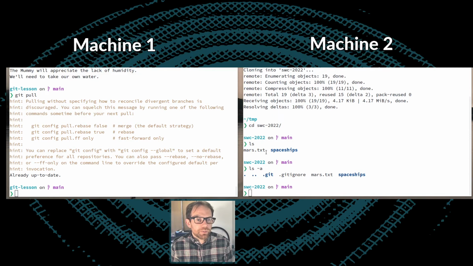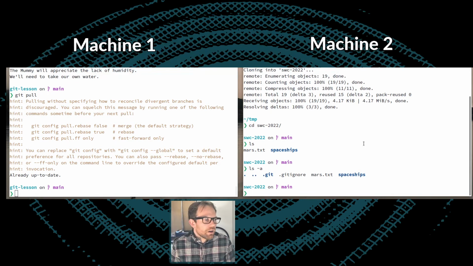We now have these two different copies of the repository. They're both connected to the remote on GitHub, but they're not connected to each other. So this is basically the setup which we would have if these were two different machines, or two different people working on them. Okay, so I can now start making changes to the copy of the repository on machine 2, and we can see how this affects what's going on with machine 1.